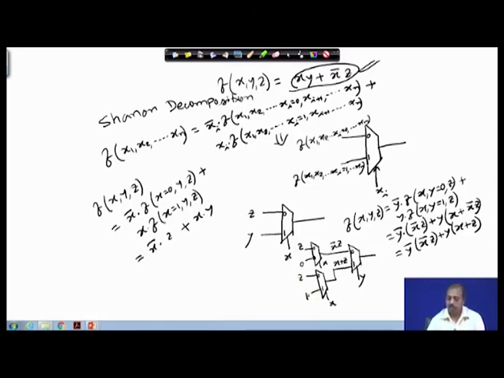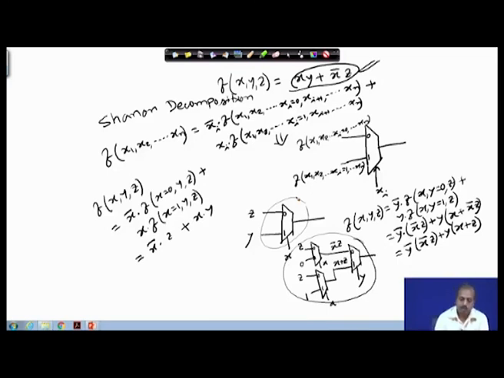So, this 2:1 multiplexer based realization realizes the same function as this one, but you see depending upon the variable around which you have decomposed in Shannon decomposition, in one case you need a single multiplexer, in another case you require 3 multiplexers. So, that can happen. That way any n input function can be realized using only 2 input functions. Okay. And whenever I require some complemented input also,